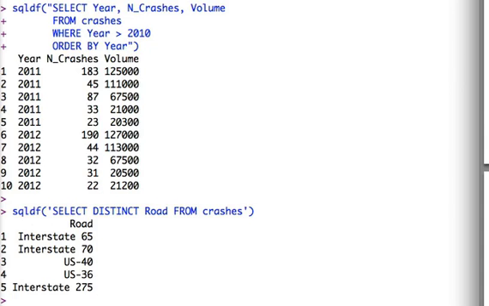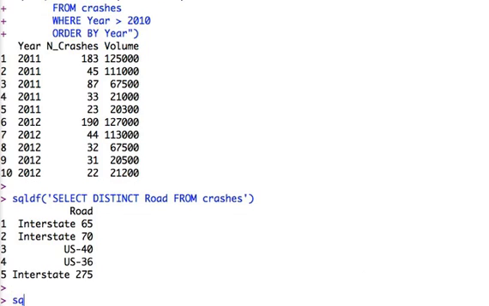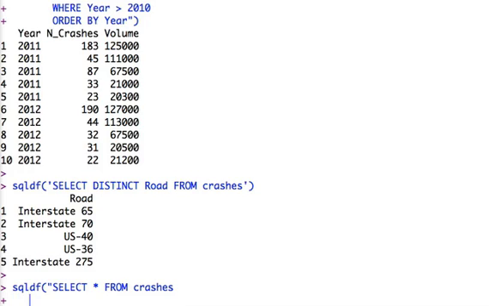So let's look at this. This actually has a completely silly and superfluous line in it, but that's okay. Let me just type it. SQLdf. So let's say we're going to plunder some data. So we'll select everything. This means all the variables from, so that's wildcard, from the crashes data set. Where year,